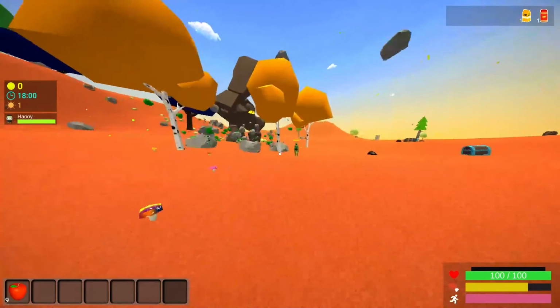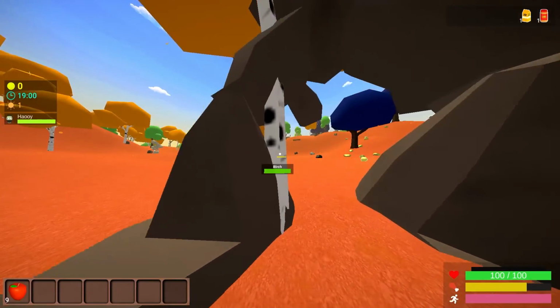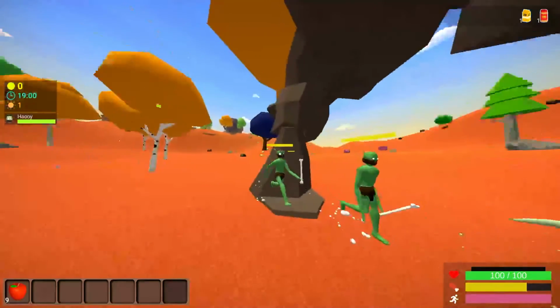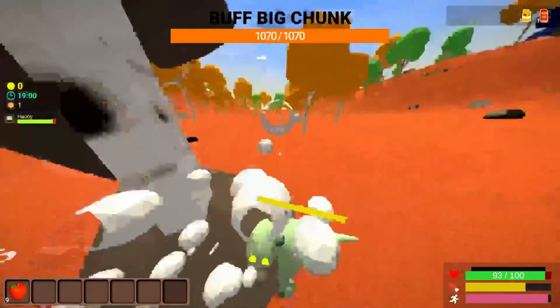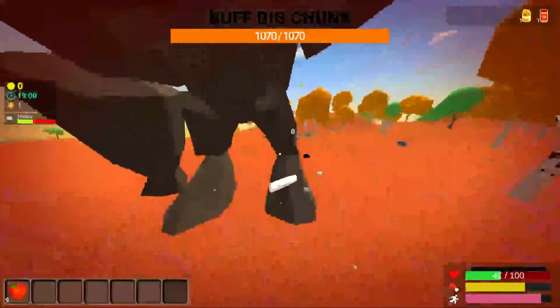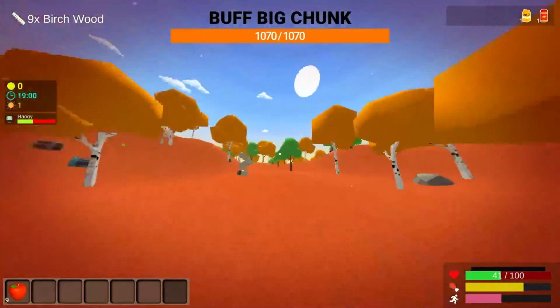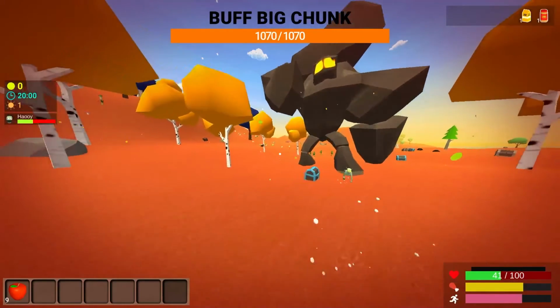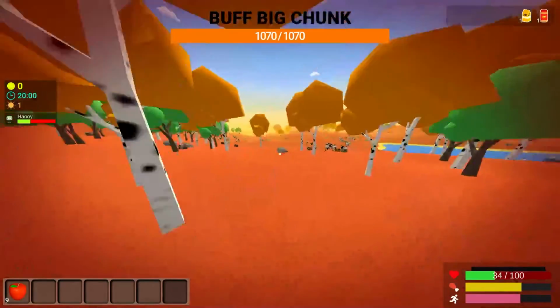The last thing, this is a dire scenario thing. Bosses and enemies will destroy terrain for you. Now, this can be beneficial. Say you don't have an axe and you need to destroy a birch tree, and that's the birch tree destroyed. Keep in mind, I also took a lot of damage from that. There's many mobs following me. I can't even defeat this big chunk,